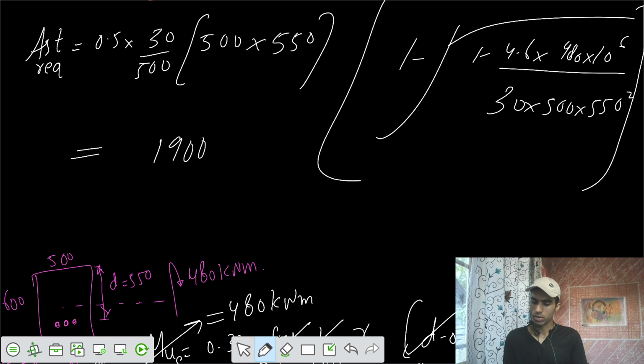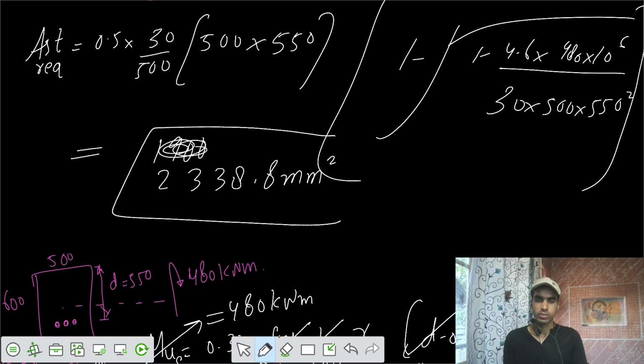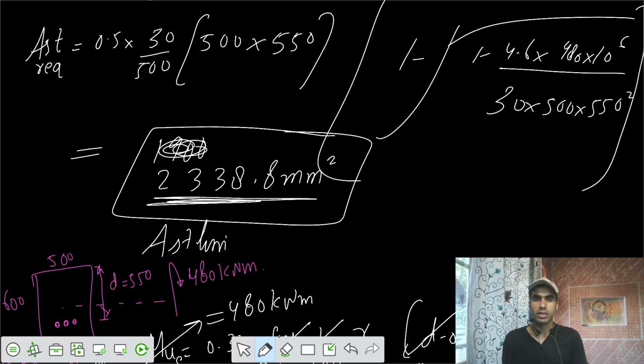No, this is not that problem. This is some different problem. That is 2338.8 millimeters square. This is 2338.8 millimeters square, and we don't need to check whether this is lesser than Ast limiting, because we already verified